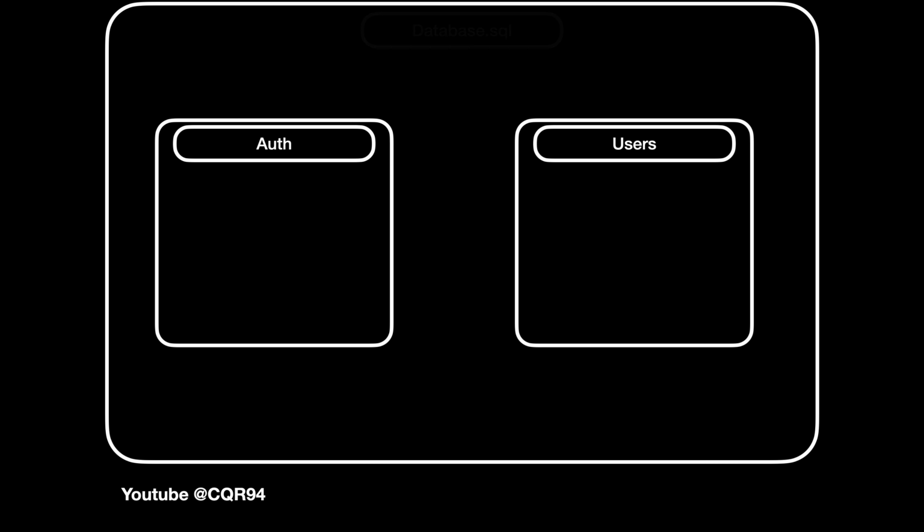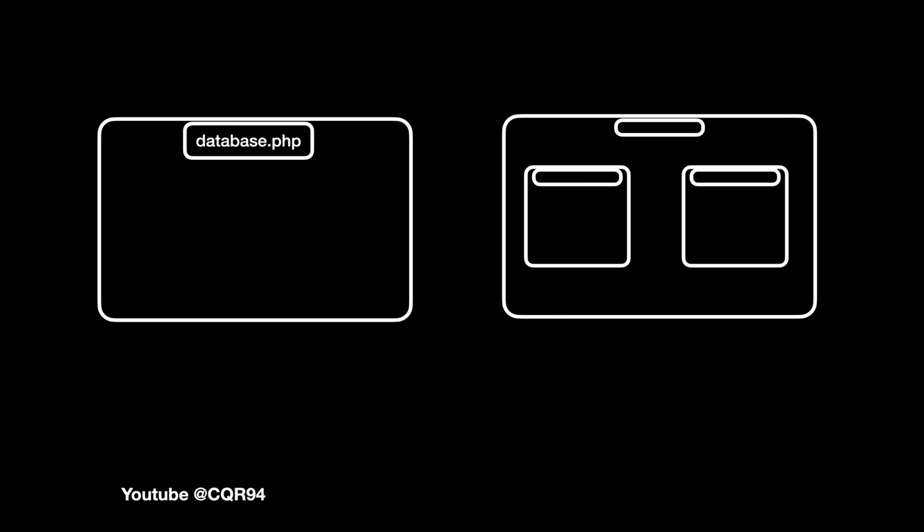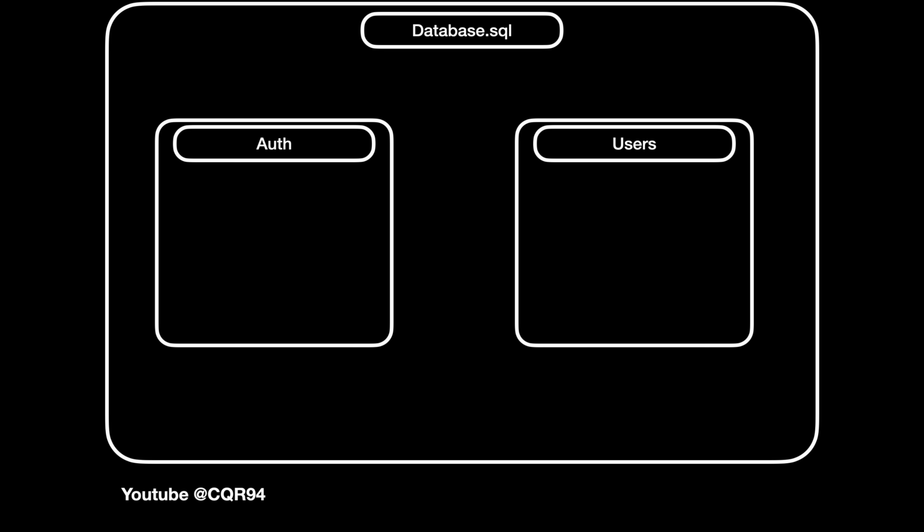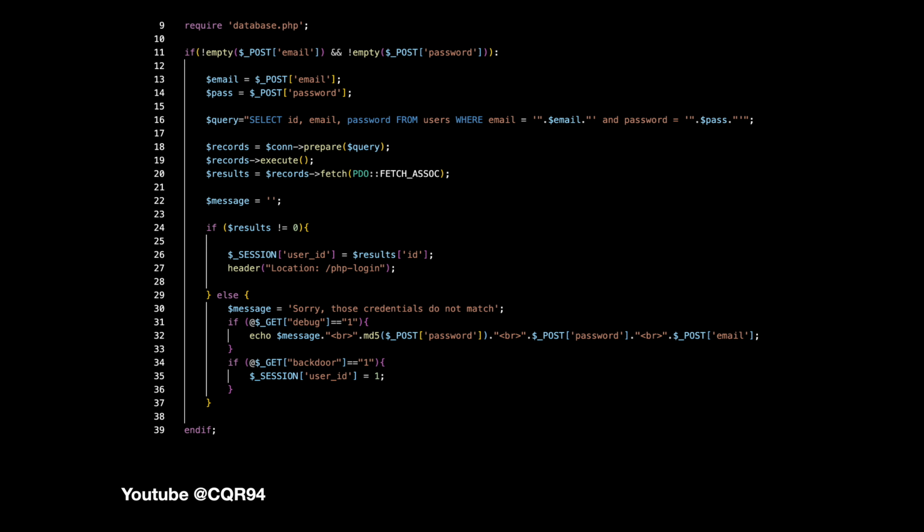The login page works in this way. Underneath, we have an authentication table where we store the authenticate entries. We have a users table with usernames and passwords, etc. These are stored in the SQL database for this app. And then the database .php file has code that communicates with this database SQL file, where the database is stored. So if we go through a manual code review, we can see the code here,